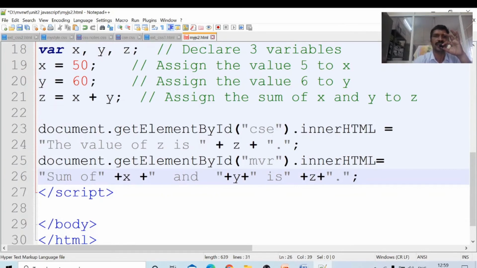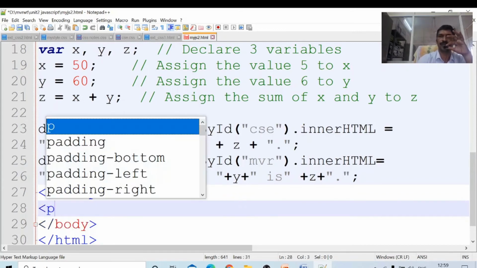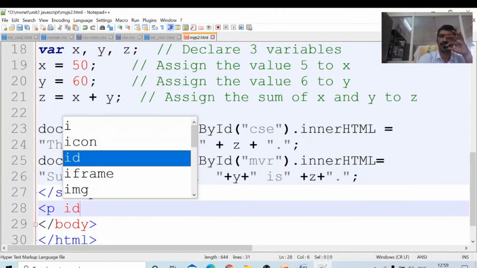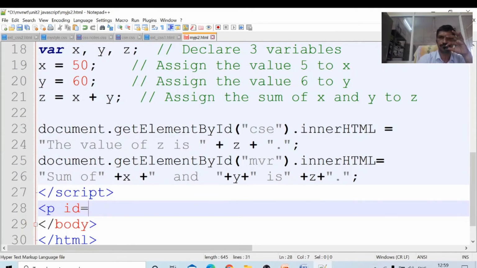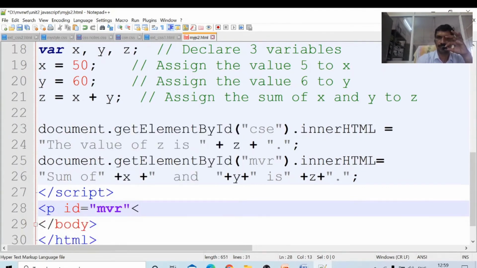Is there an ID here? No. Paragraph ID equal to MVR, slash P.